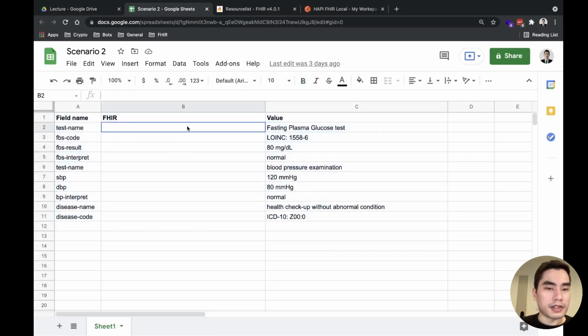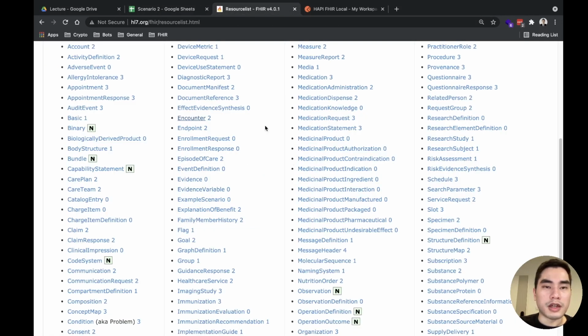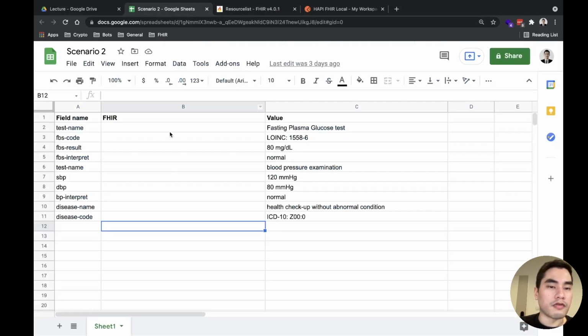So the first step is filling in which resource to be used in each element. For me, because I'm pretty familiar with some resources here, I can fill it directly.